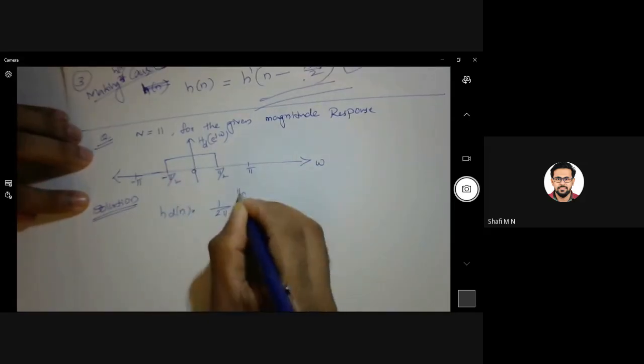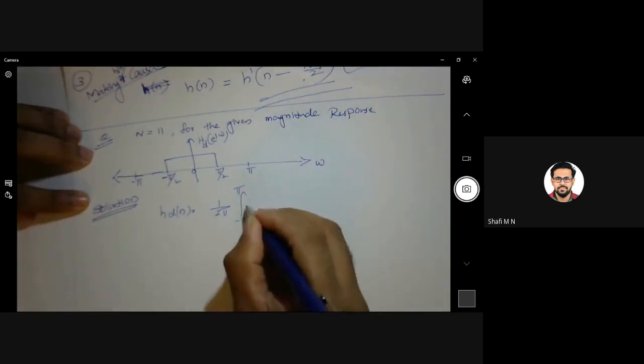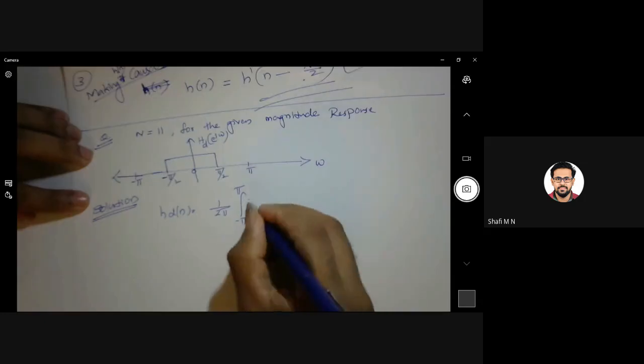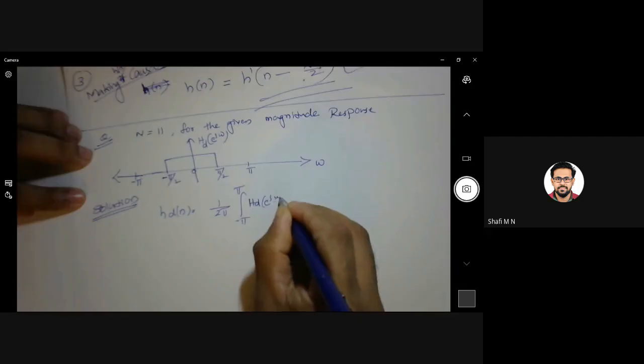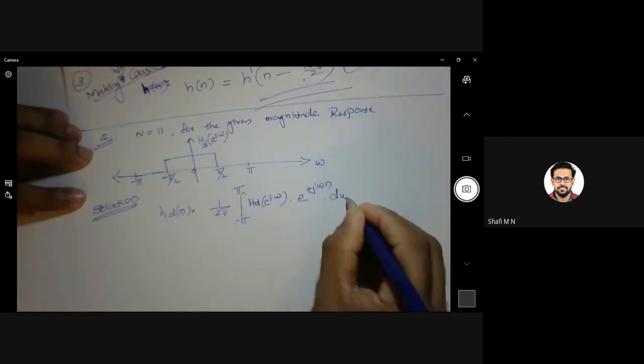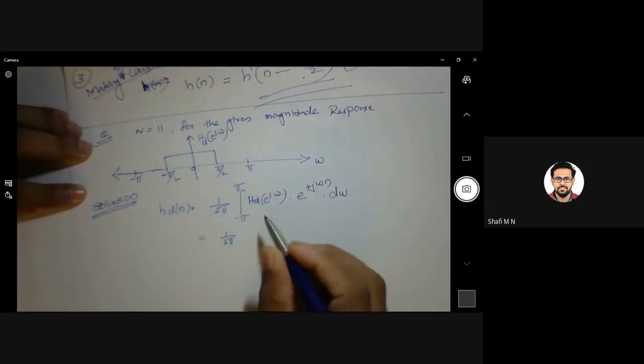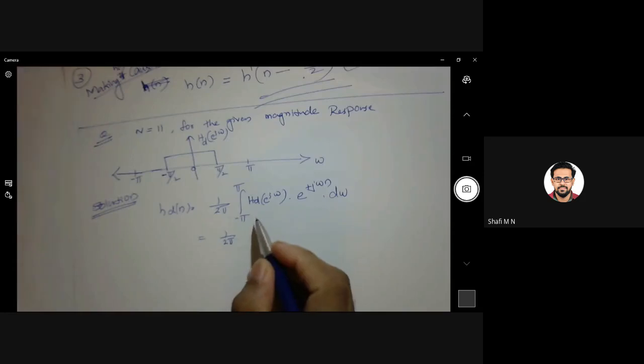I will write the equation once. ഞാൻ ഇതിനൊരു ഷോർട്ട് കട്ട് പറയാം. തൽക്കാലം നമ്മൾ പ്രോബ്ലം ചെയ്യുക കേട്ടോ. നിങ്ങൾ ഒന്ന് രണ്ടെണ്ണം ചെയ്യുക. ഇന്റഗ്രേഷൻ ഒക്കെ ബുദ്ധിമുട്ടുള്ളവർക്ക് ഞാൻ ഒരു ഈസി മെത്തേഡ് പറഞ്ഞുതരാം. So this was the equation, e raised to plus j omega n d omega, right? So this is equal to 1 by 2 pi, and according to my response,